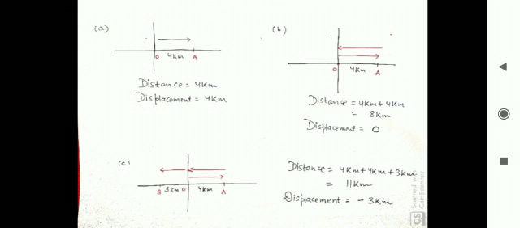Now come to example number C. See in this case, a body started from point O and traveled to point A. So from O to A it is 4 km. Then after A it will return to the point O again. But at this point the journey is not completed. After O he is moving to point B on this side. Again I am repeating, first he started from O, went to point A, then A to O, and after O he went from O to B.